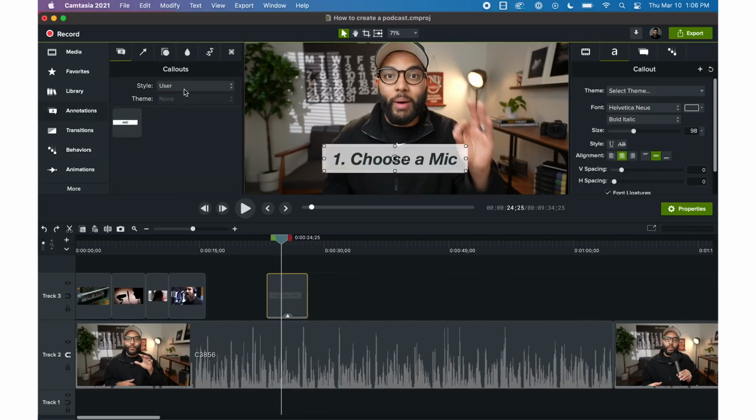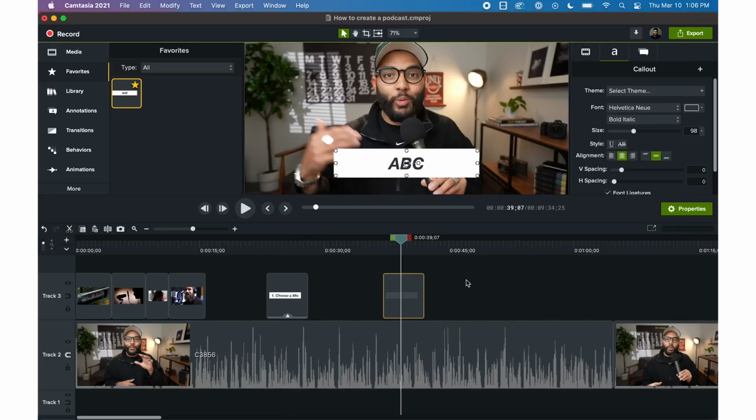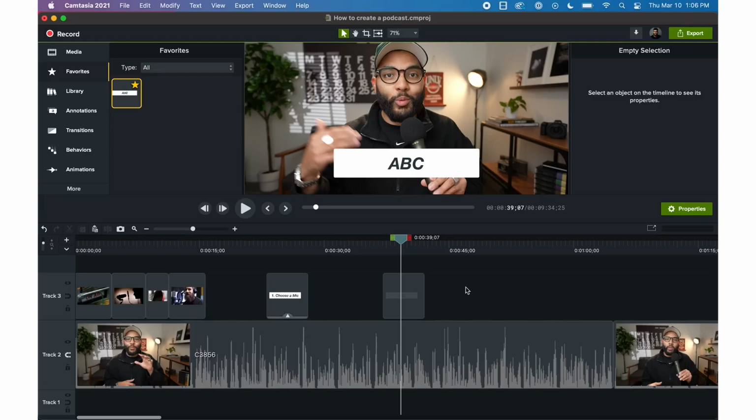Another cool thing that you can do is if you want to use the same kind of text consistently, whether that be the color and the font and things like that, you can actually save presets in most editing softwares. In Camtasia, it allows you to create a template for your future text so you don't have to constantly recreate it. And we like using a specific font and white box with black text, or sometimes black box and white text. But because I can just save it, I don't have to recreate it in the future,